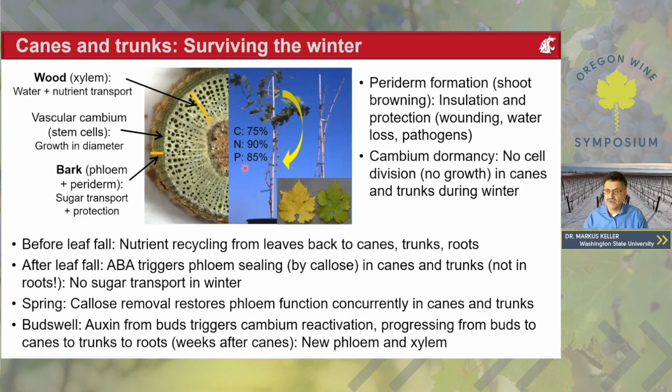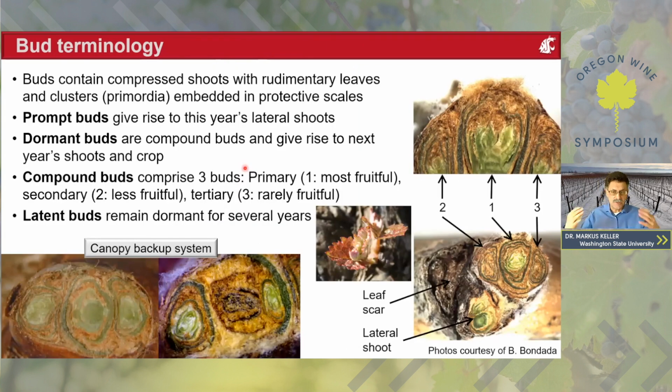So I've talked quite a bit about canes and trunks, but really when we think dormancy, we mostly think about buds. So I need to tell you a little bit about what a bud is. Most of you probably know this, but there's some terminology that is kind of important. Remember that a bud contains a compressed shoot. What you can see here in the picture on the upper right-hand side is a typical compressed, fully formed, preformed shoot